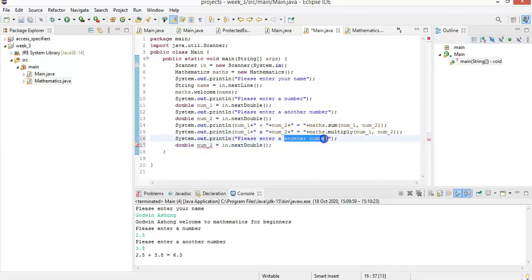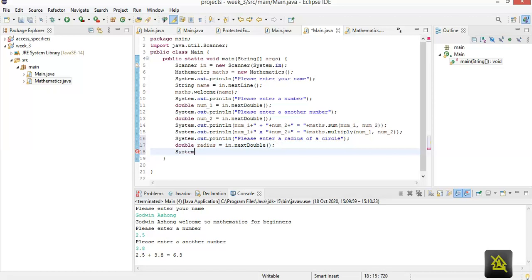Okay, so here our radius, we get it from the user. Okay, so now we can print our results. So System.out.print, the circumference